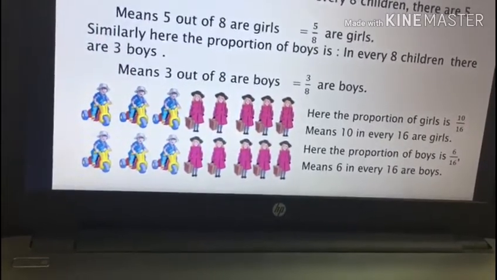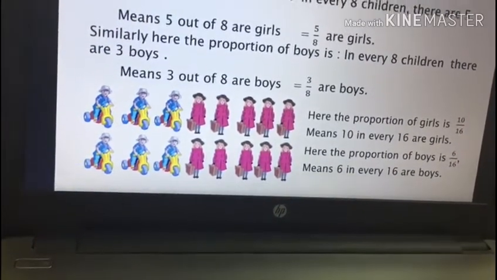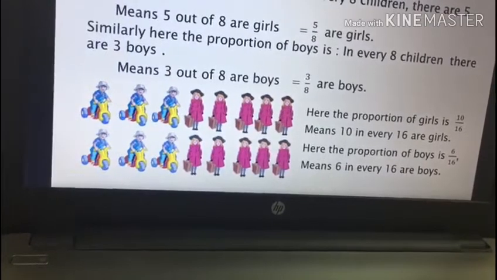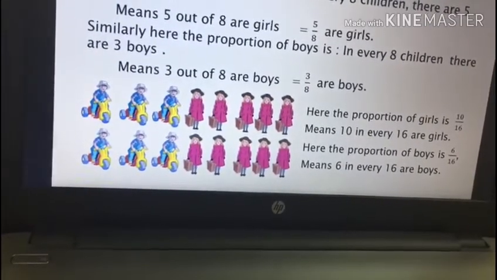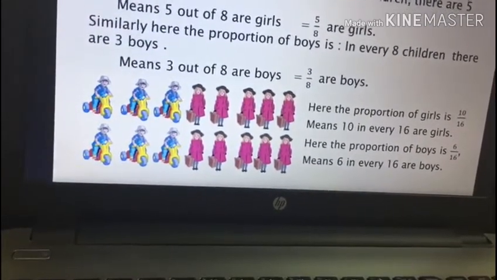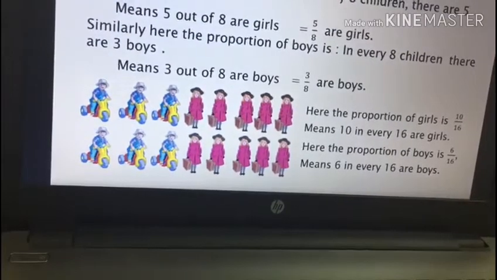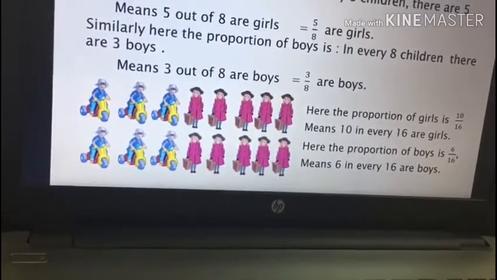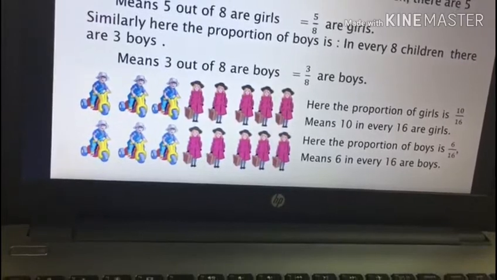So this is the same as 5 by 8, but we doubled the number of children, so the number of girls also doubles. First it was 5 girls out of 8, then when we doubled the number of children to 16,